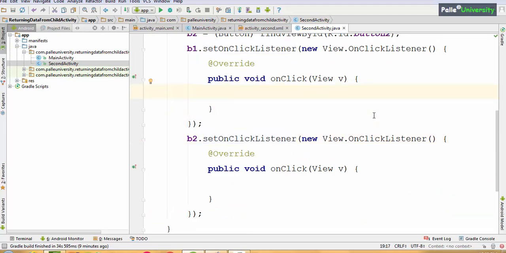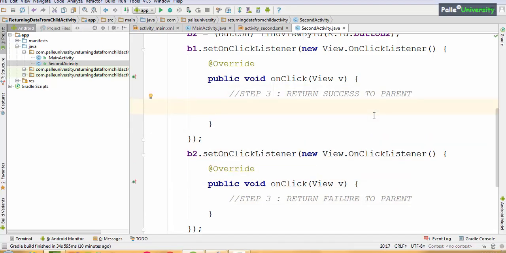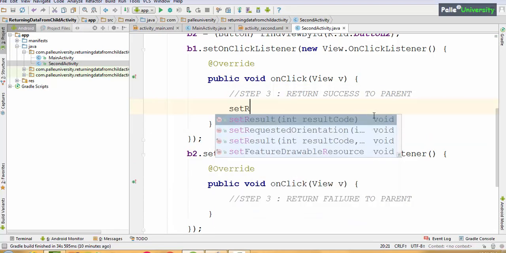Now step 3, return success to the parent activity if the user clicks button 1, else return failure to the parent screen if the user clicks button 2. For this, as I told you, we should use the set result method. It is expecting a result code. Just like the request code, the parent will pass the request code and the child will return the result code.